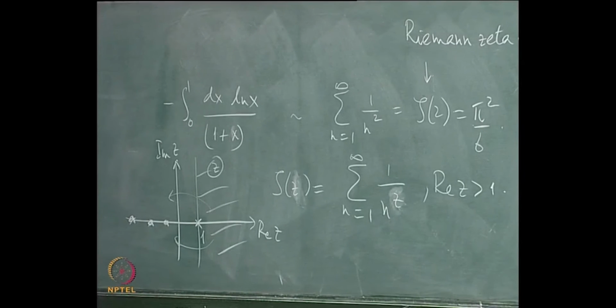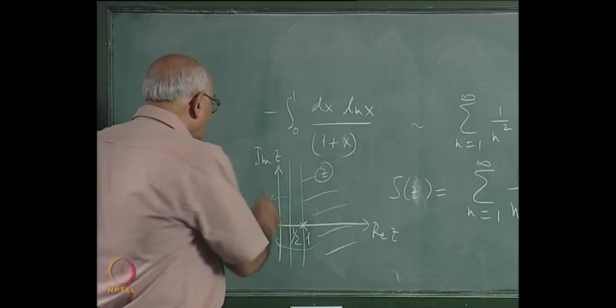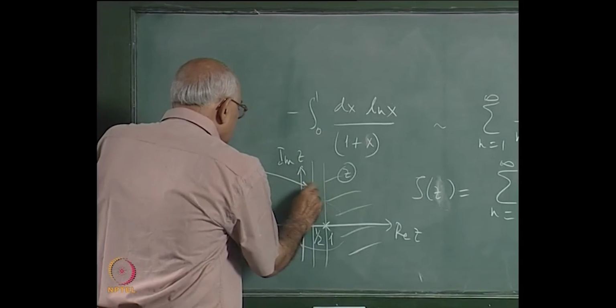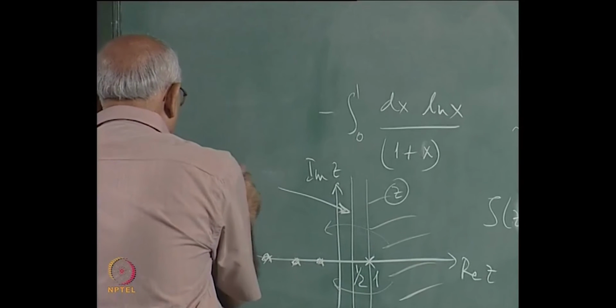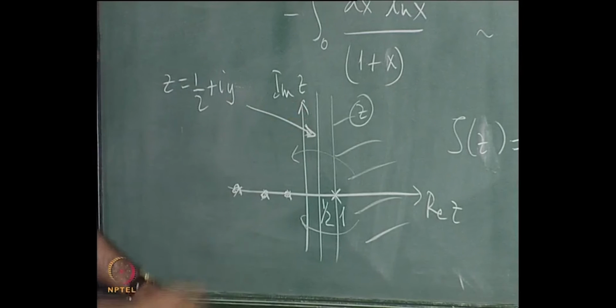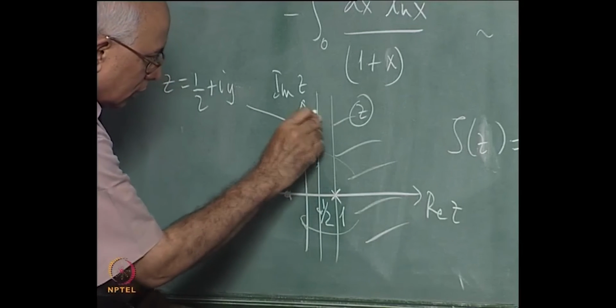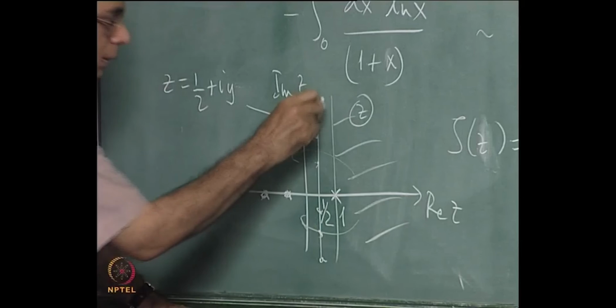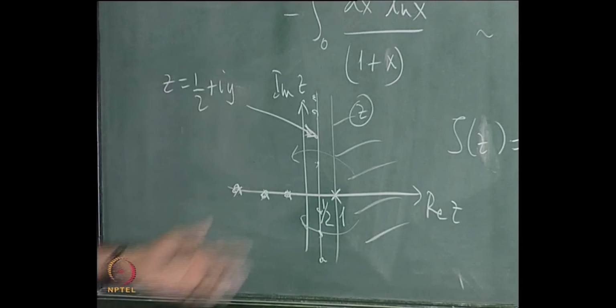It also vanishes at points on a line perpendicular to the real axis, parallel to the imaginary axis, cutting the real axis at the point a half. So on this line, on which z is equal to 1/2 plus iy, it vanishes at a large number of points, and it has got some symmetry properties on this. It vanishes at an infinite number of points on this line,